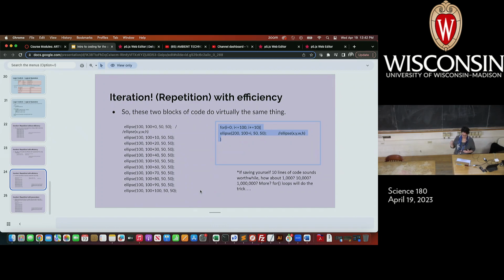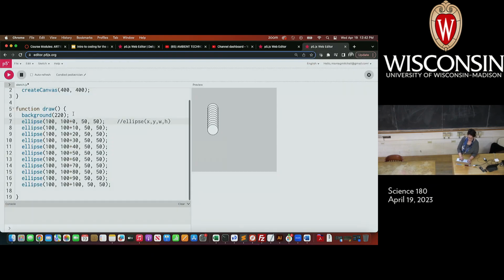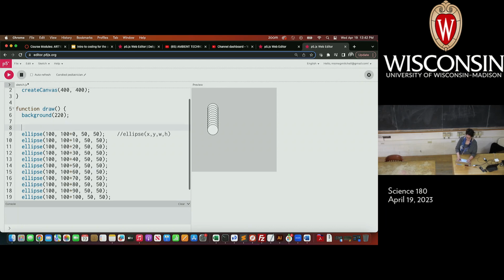Definitely, when you're using for loops, you can save yourself tens of thousands of lines of code if you're using a large data set, or you're maybe drawing something that has a lot of coordinates. So the efficiency goes up based on the complexity of your project. But let's take a look at this, and then, as I said, we're going to talk about this in quite a bit more detail. So to make a for loop, you basically would start by using the syntax for,